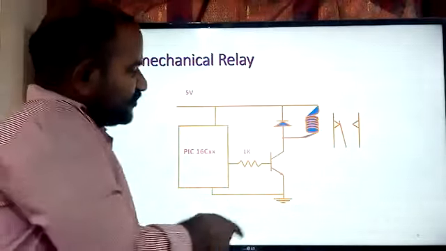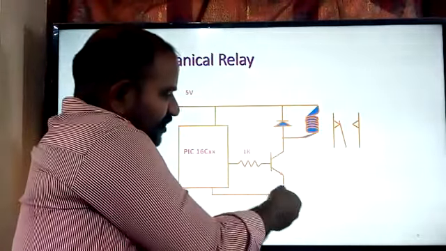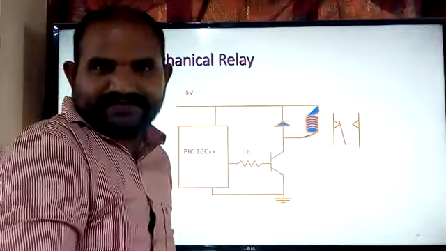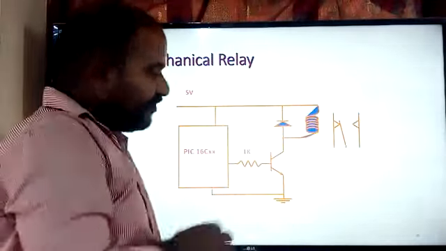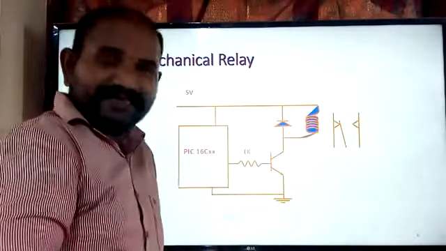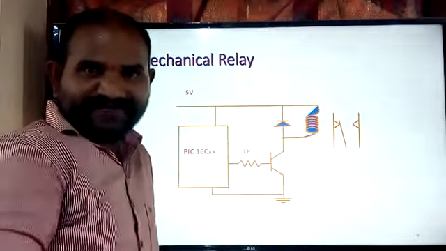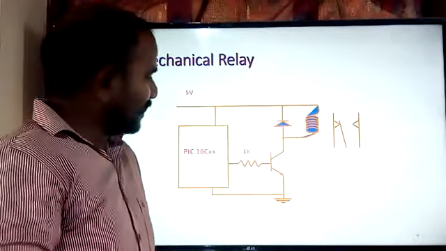Now the question is, why do you use this particular transistor, in the common emitter configuration, which we are using as a current amplifier? Why are we